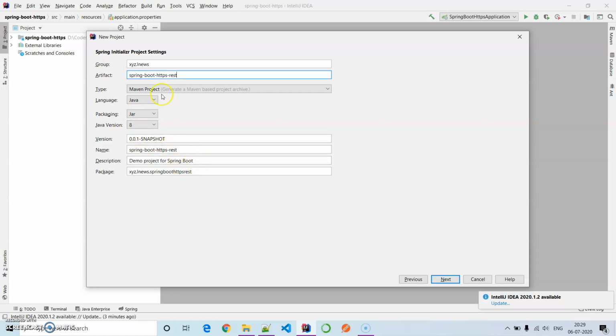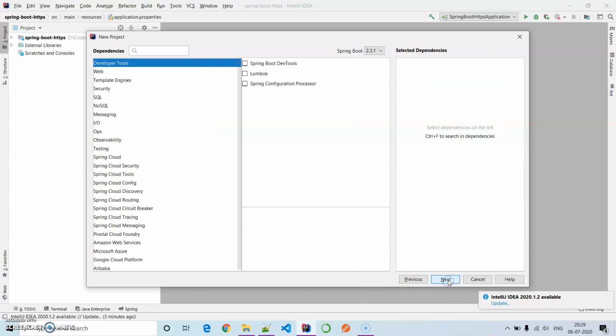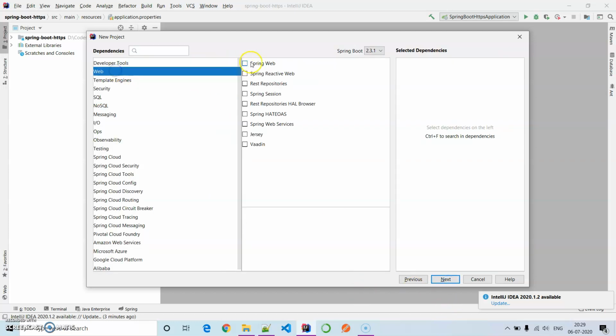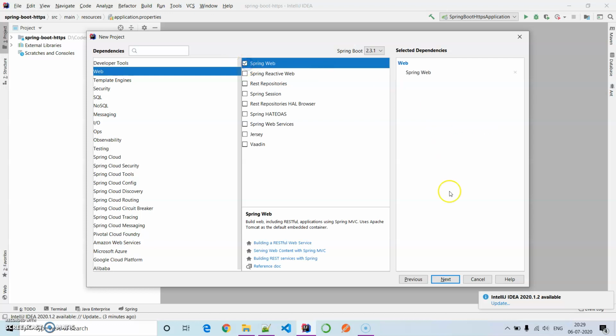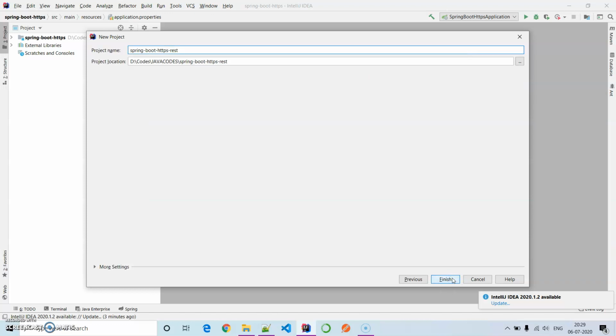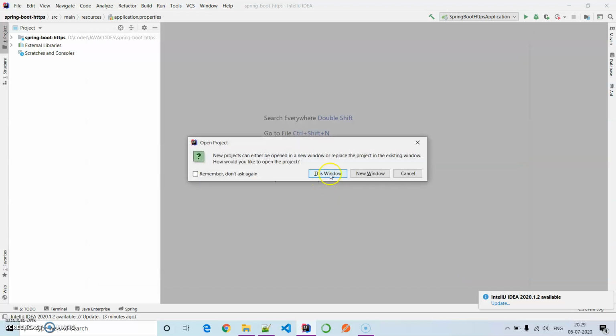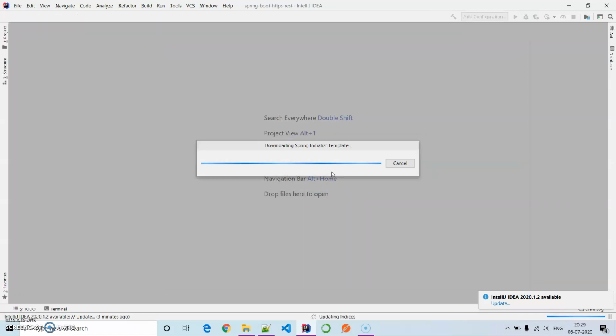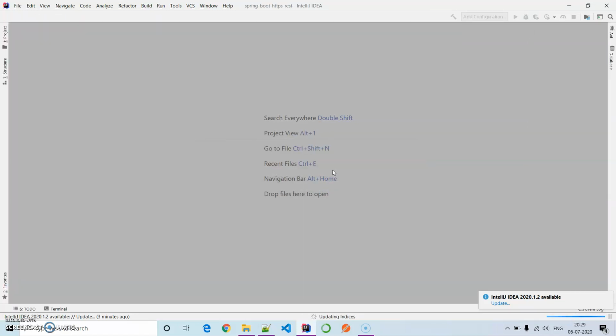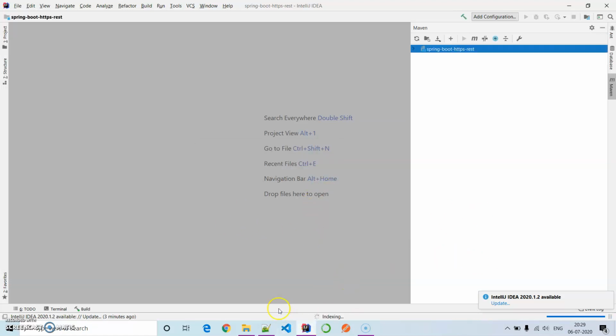Rest all things are fine. The dependency that we are going to use is Spring Web. Let's click next and finish this one. Meanwhile, let the project get set up. Everything gets set up completely.